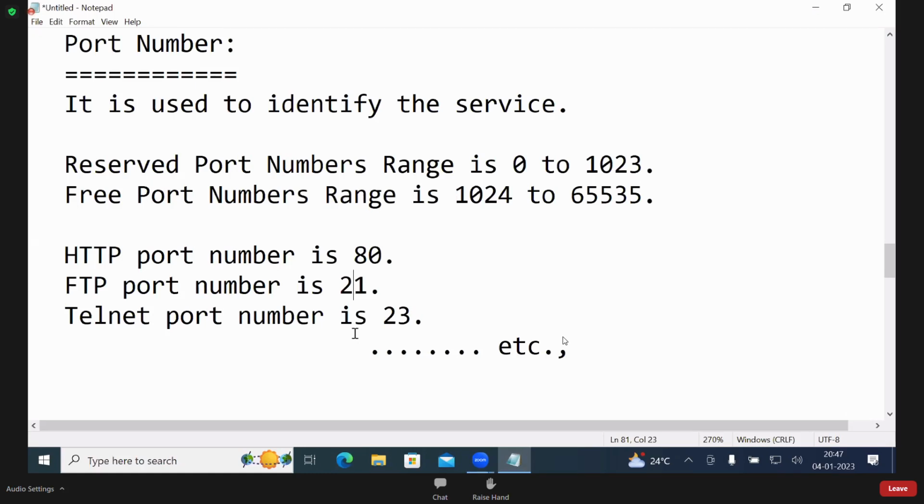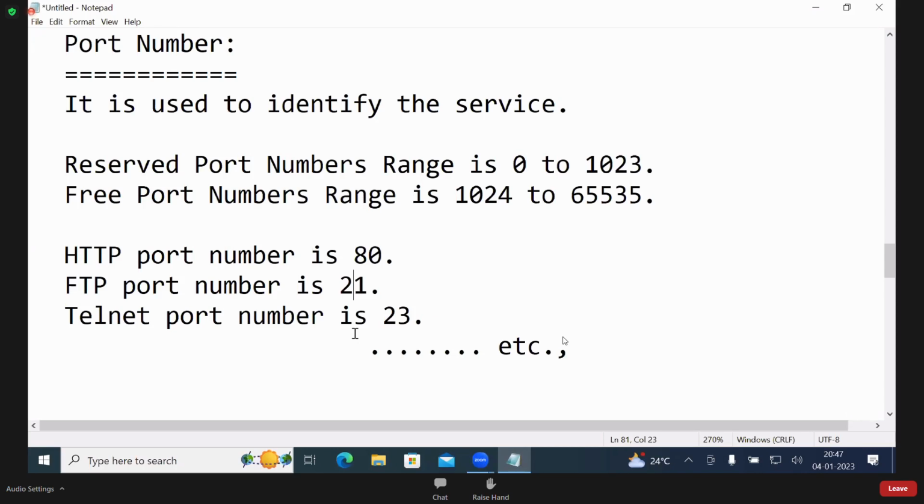See, google.com, yahoo.com, gmail.com, facebook.com, like this you can remember 100 websites. But can you remember numbers? That is the reason only for names. From the user's point of view, alphabets. From the system's point of view, numbers. The system knows only numbers. Numbers are very difficult for us. For example, mobile numbers. Many people don't know their father's number or mother's number. Right or wrong, you check it out.